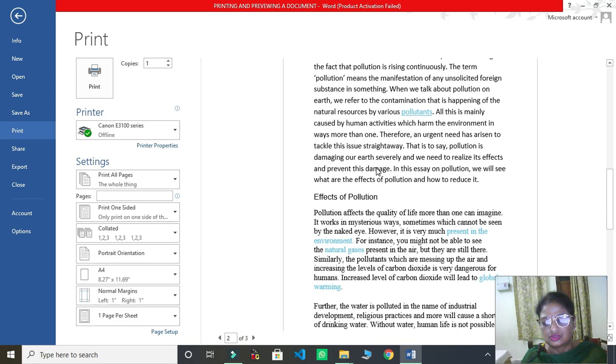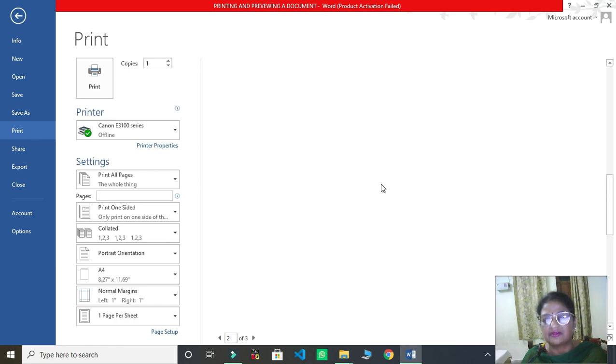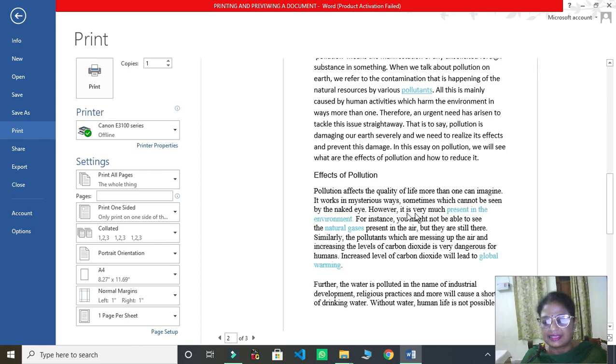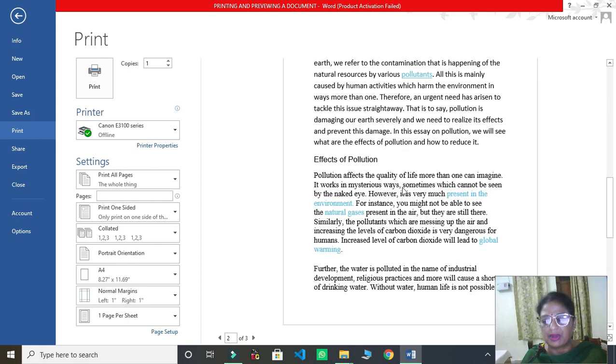So when we have increased, now it is, I think, coming quite good. But again, 5 lines have moved in the next page, but I don't want to waste my page. I don't want to bring my text in the next page, so we have an option to change the margin settings. So children, you see here there are many settings. In the settings you can see this is normal margin. Normal margin means that, which I told you earlier also, page is having 1 inch space from all the 4 sides, top, bottom, left and right.